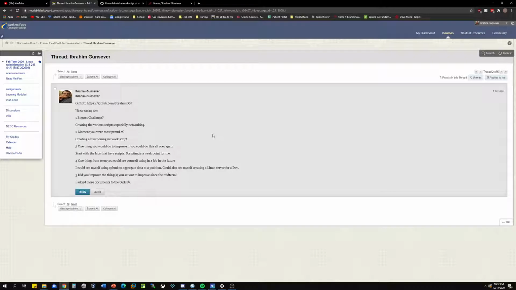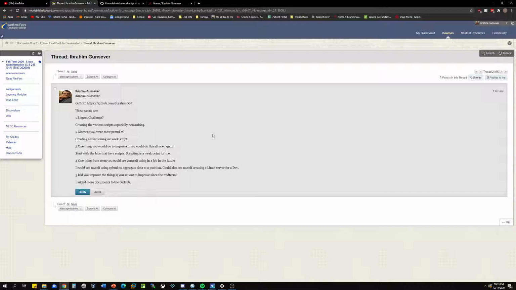Scripting, as I've explained, has been a very weak part of my skill set, and I'd like to improve it. And I feel like, starting with awk and grep, and I like documenting things and installing things and just explaining how to do things is my strong point. So I feel like I should have saved the continuing setup and the initial setup labs for a little bit later. I should have just started with the scripting labs, but that's one thing I would do if I had the chance to do it all over again.